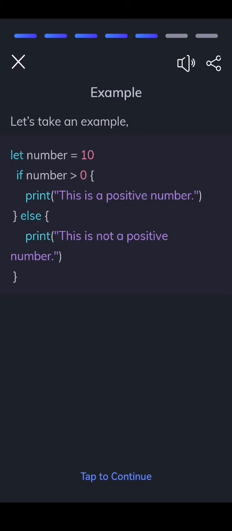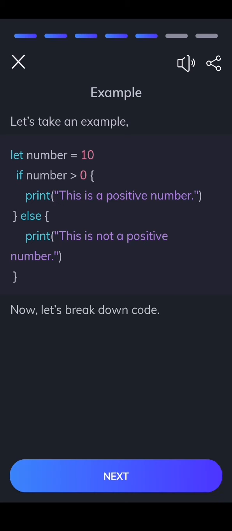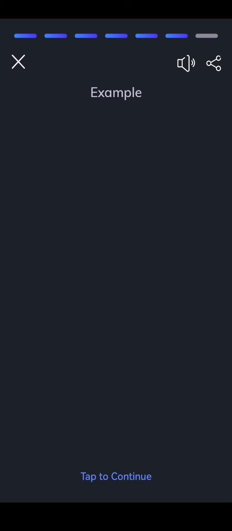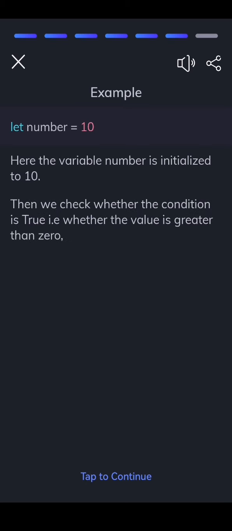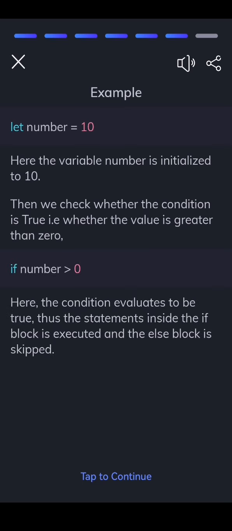Let's take an example. Now, let's break down the code. Here the variable number is initialized to 10. Then we check whether the condition is true, i.e., whether the value is greater than 0. Here, the condition evaluates to true, thus the statements inside the if block are executed and the else block is skipped. Thus the output will be